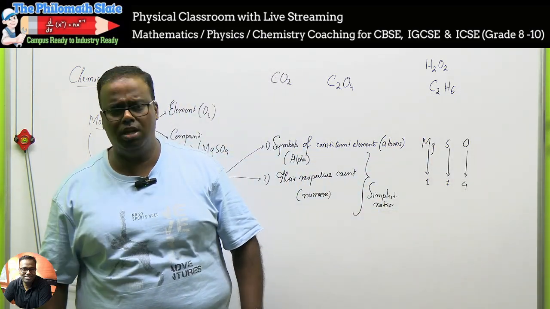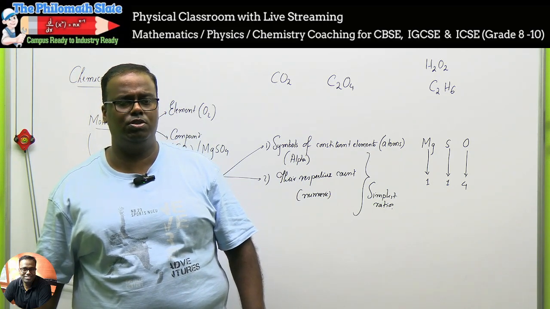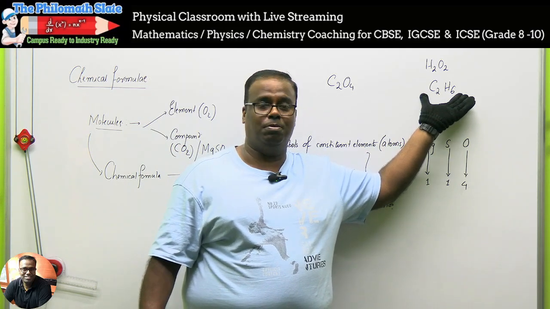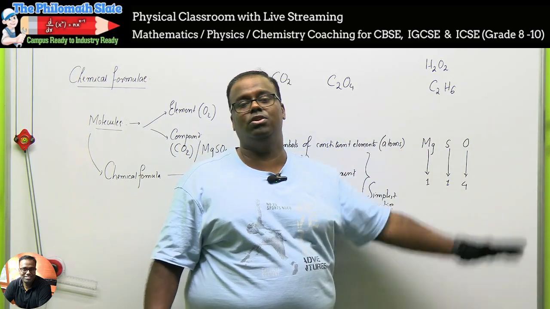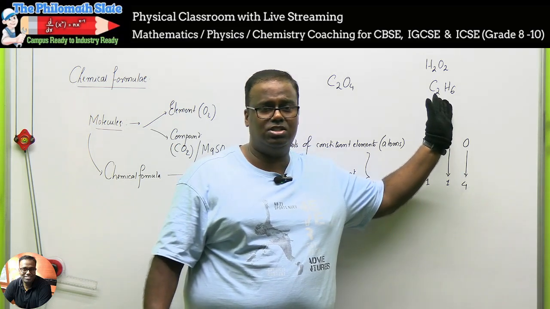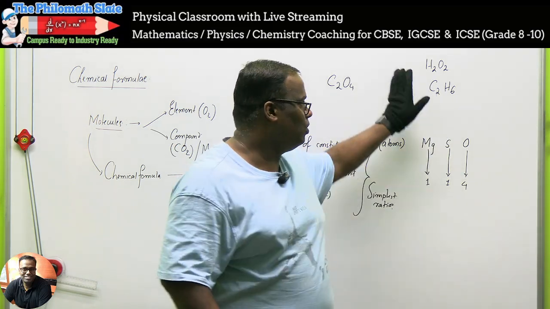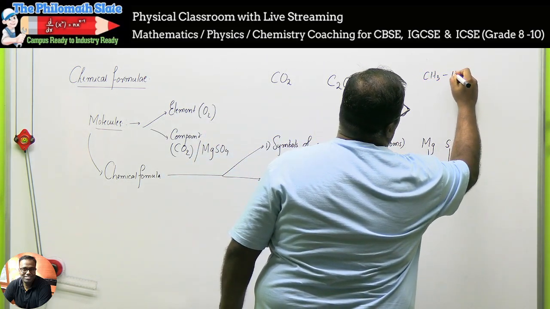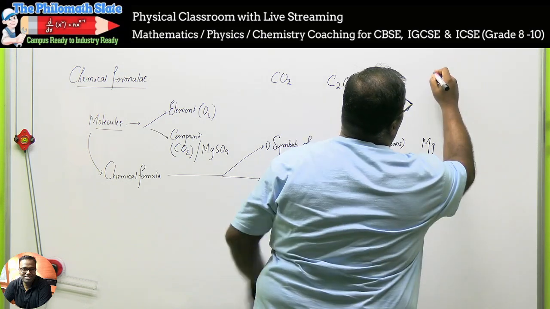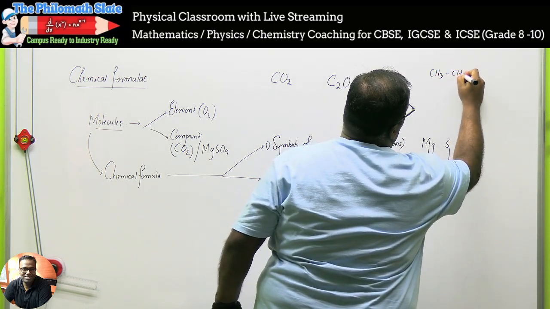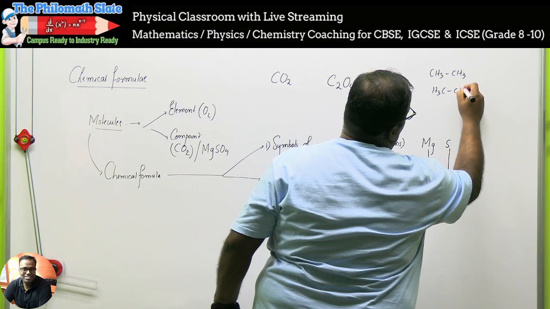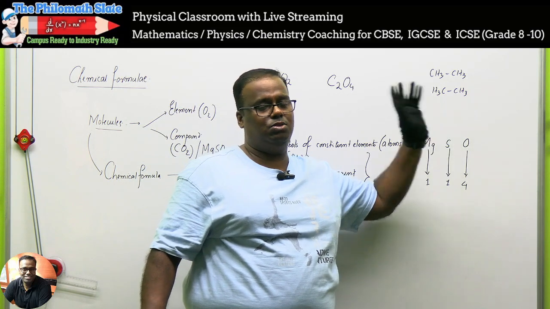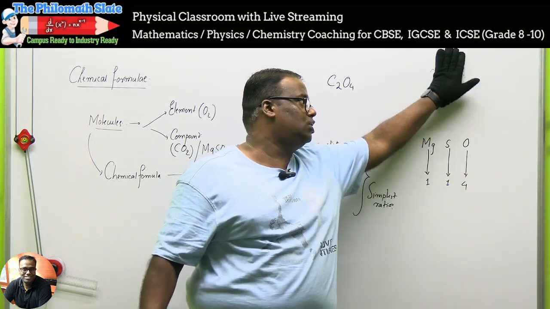If I try to explain now, maybe it will be a little bit of overhead for you, but every time the simplest ratio does not happen. In organic chemistry, there is nothing called simplest. In fact, in organic chemistry, nobody is interested in this formula of yours. Rather, you know what people will be interested in? People will be interested that you write it like this, CH3, or you write it H3C-CH3. This is more important. C2H6 is not that important there. But in inorganic, C2H6 is more important.